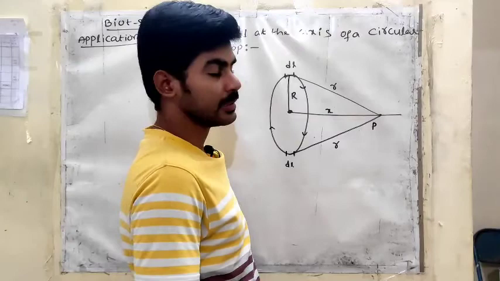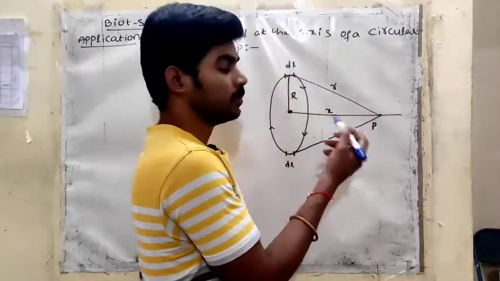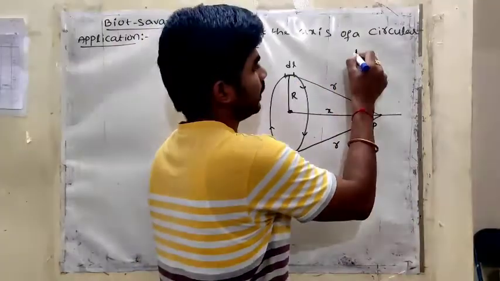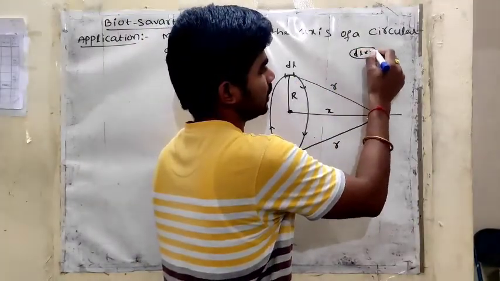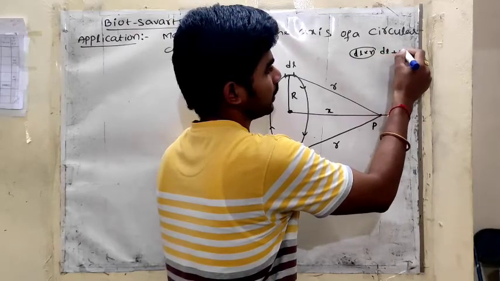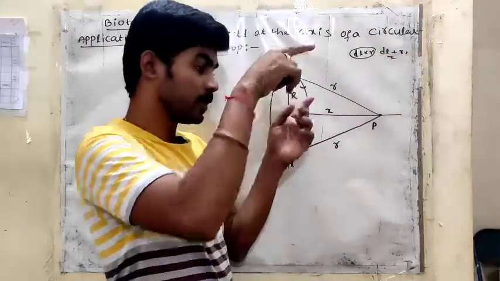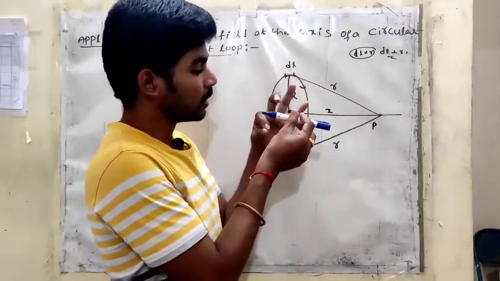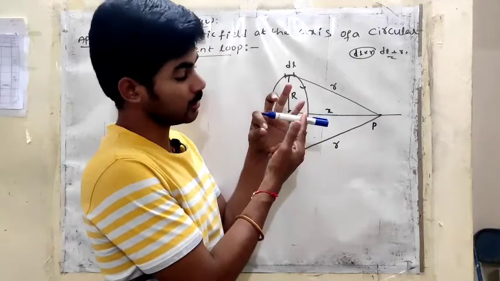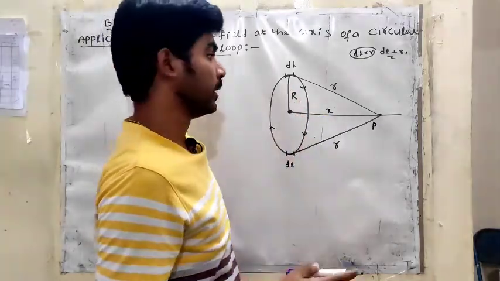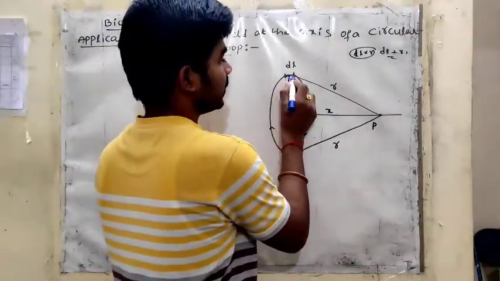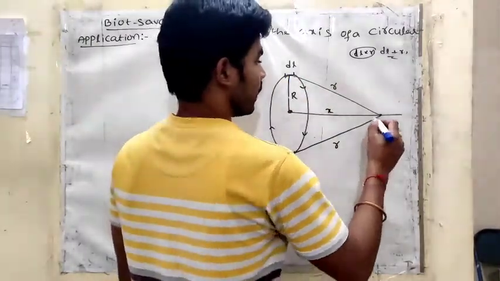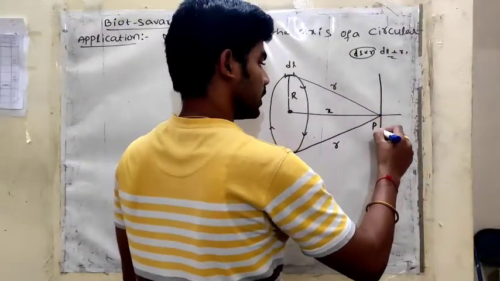We already know the condition: this dl and the magnetic field are perpendicular to each other. So dl is always perpendicular to r. Like this I am placing it. This is the circular loop, and this is r. So what is the angle? It is 90 degrees only, this angle here. So this dl elemental length and this r make an angle of 90 degrees. Now you can resolve the components.